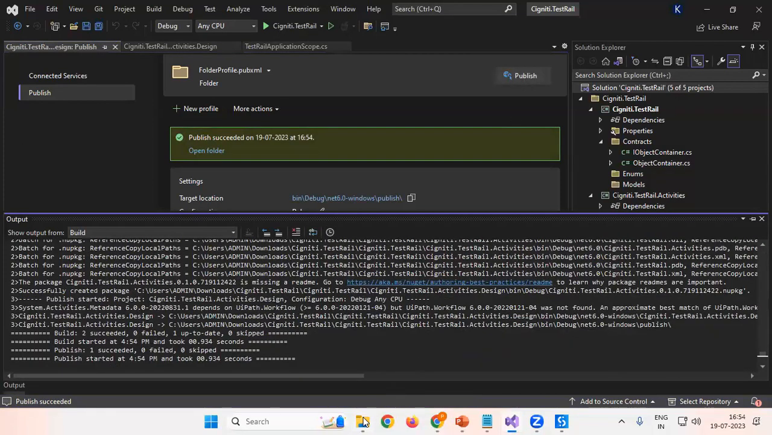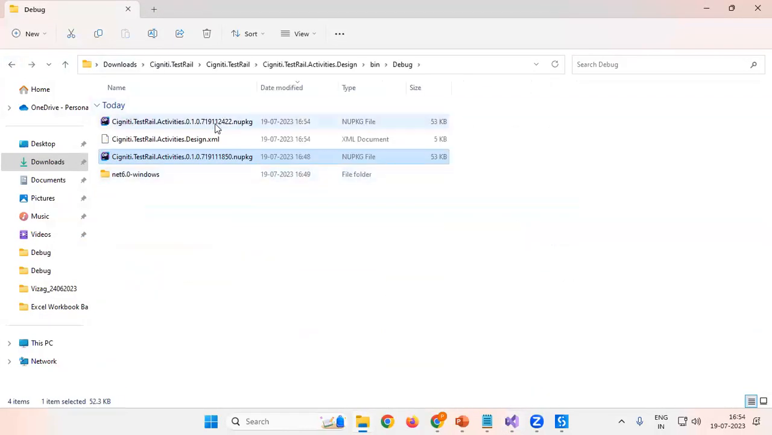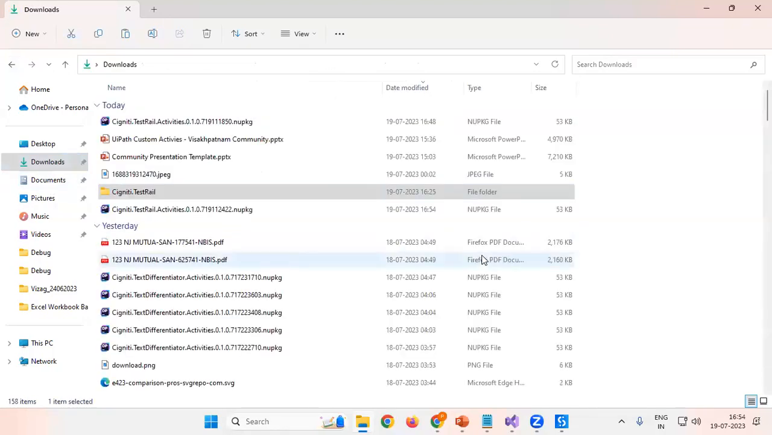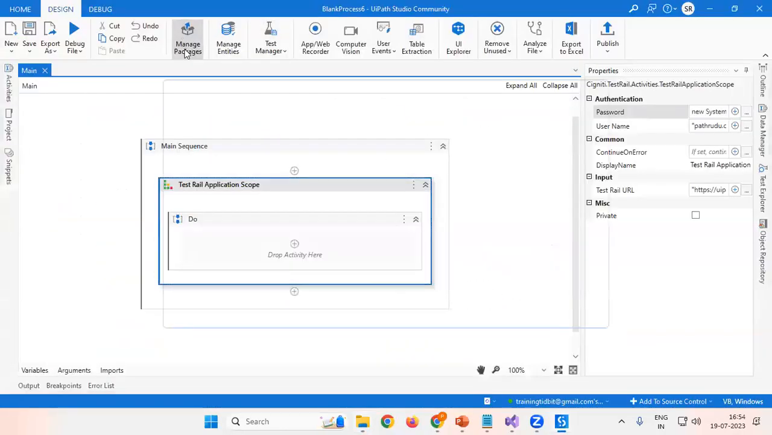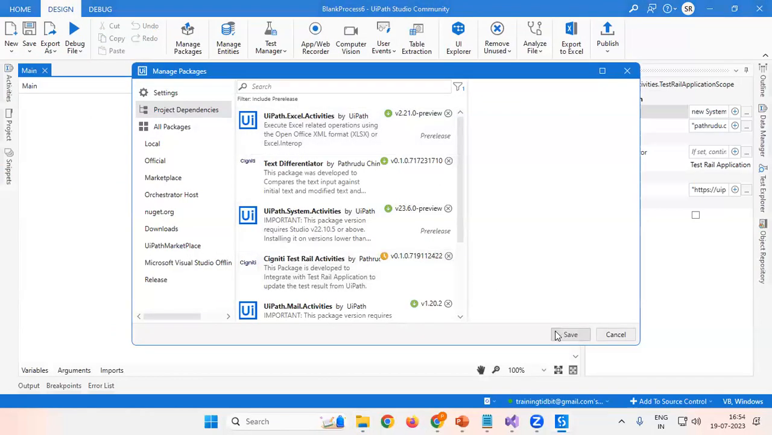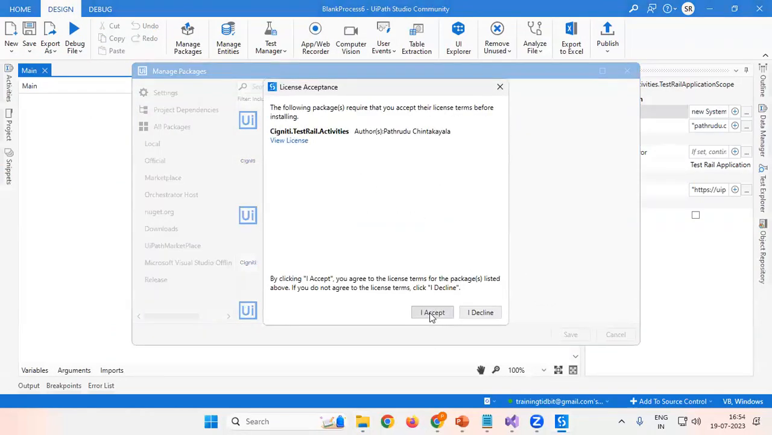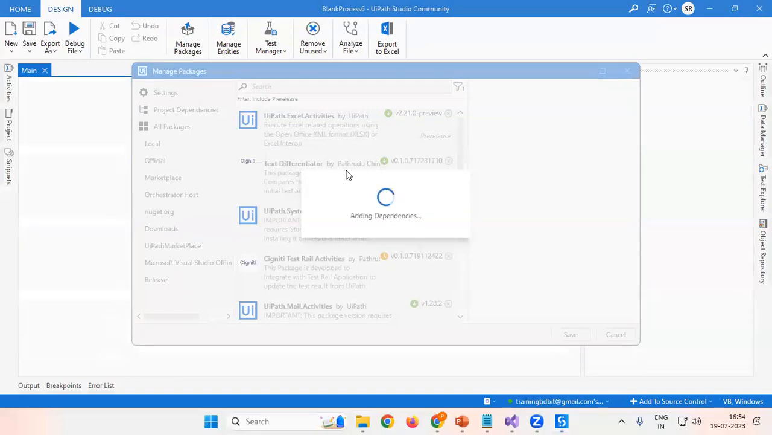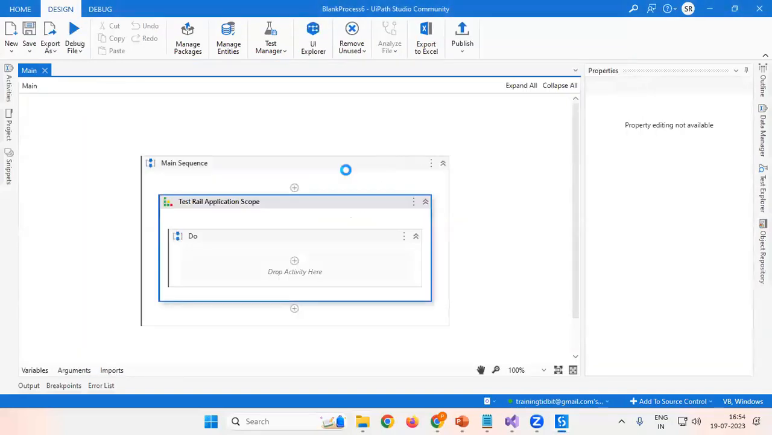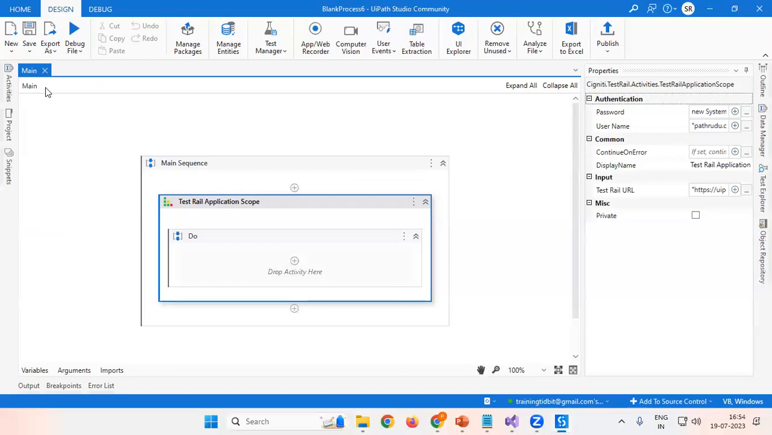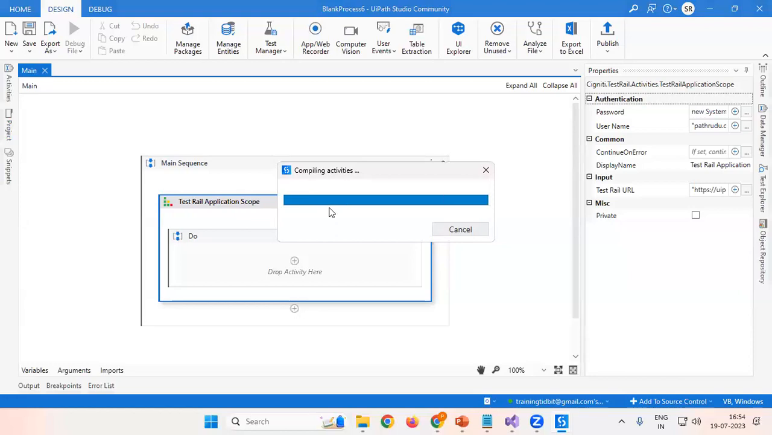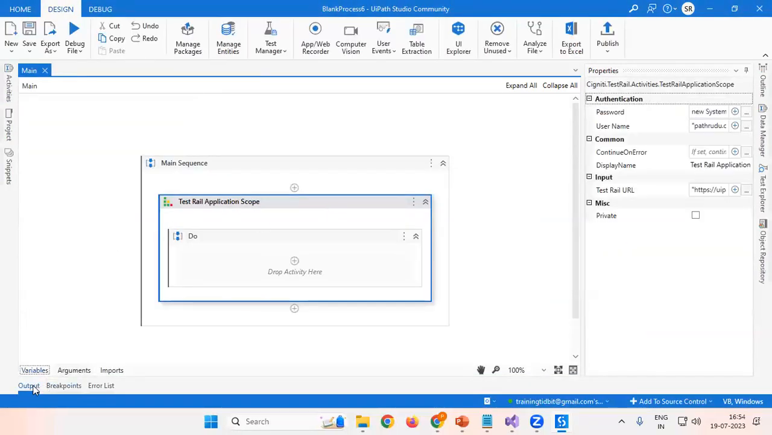The new version is published. So let me go back. Here the new version is published. I can just move it to the downloads again. Now this time I'll just go to manage packages and it will give me an option to upgrade. Click on upgrade. Let me run it now again. So it worked well, which means my code is working